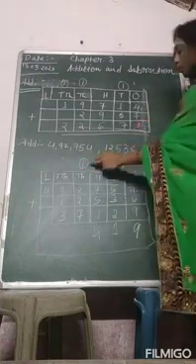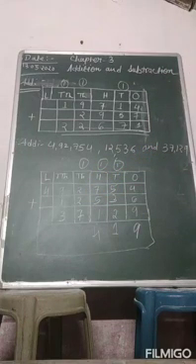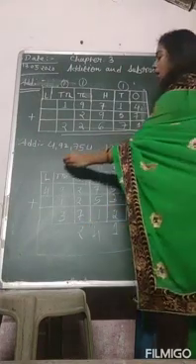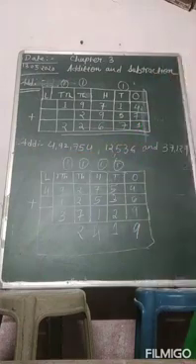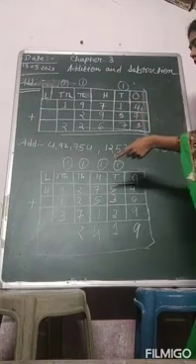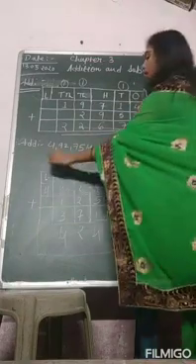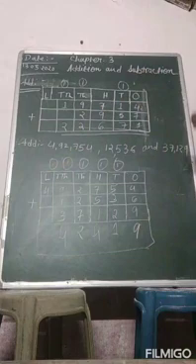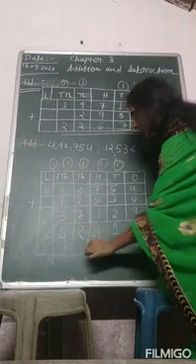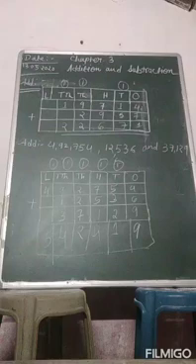Now 1 plus 2 plus 2 plus 7 is 12. So here we will write 2 and 1 carry forward to the next place. Now 1 plus 9 plus 1 plus 3 is 14. So we will write 4 and 1 again carry. Now 1 plus 4 is 5. Now what is the number we get? We get 5,42,419.